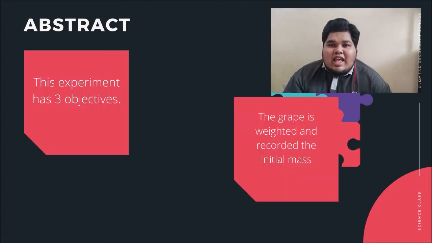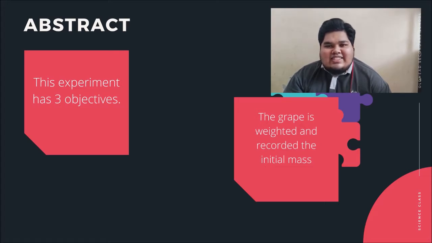This experiment has three objectives. The first one is to determine the drying rate and moisture content of the sample through removal of water. Next is to evaluate the different types of samples on drying rates. And the last one is to study the effect of velocity of air on drying rate of the sample by